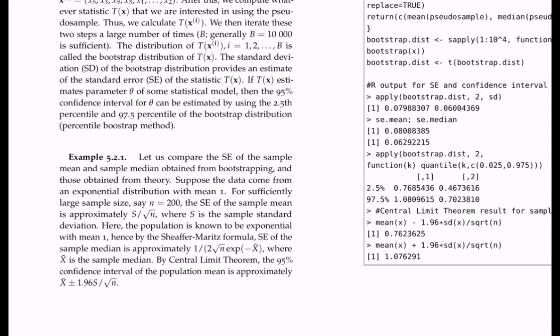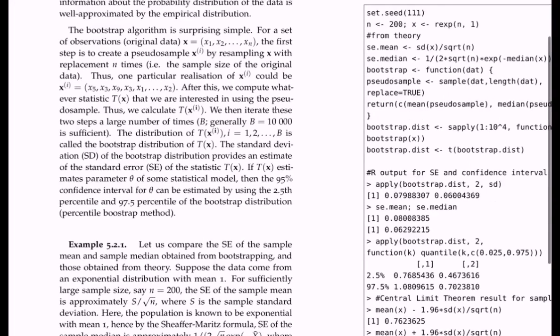So your 95% confidence interval is basically just x bar plus minus 1.96 times the sample standard deviation over square root of n, because your n is sufficiently large. If you want to find out the 95% confidence interval for the sample median, then of course you could also appeal to,